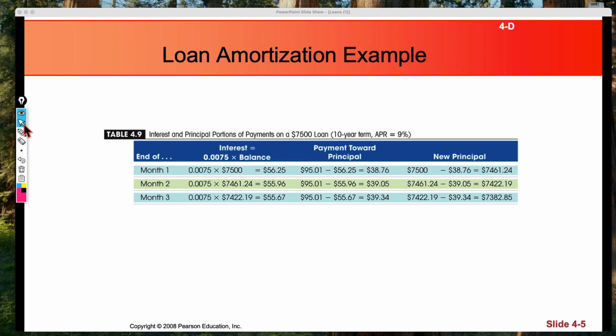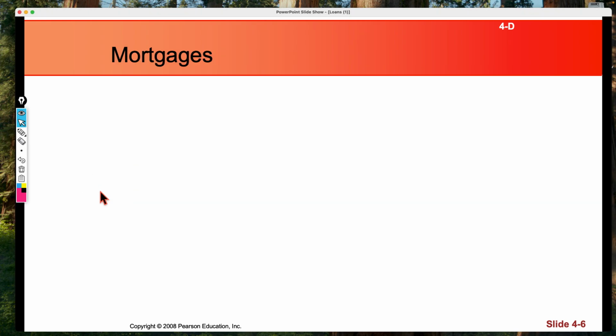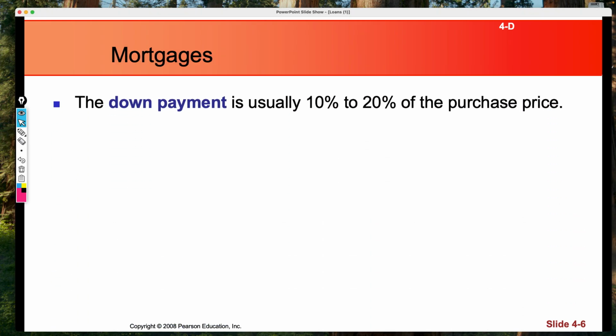Okay. And again, most of this, we'll get to the quiz and we'll work through examples, but most of this is to give you the overview of loans and how they work, and then we'll look at how to do it. So with mortgages, you're going to do some mortgage loans, buying a house, a condo, or something. Typically, whatever you pay for the house, there's going to be a down payment, usually 10 or 20%. Usually they like a 20% down payment. So if you buy a house for $100,000,